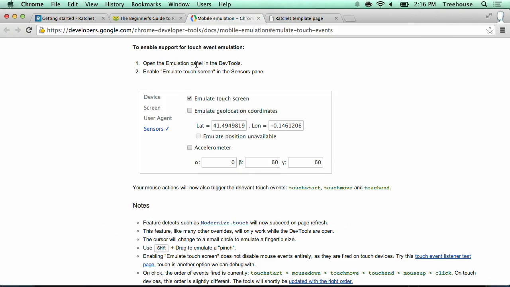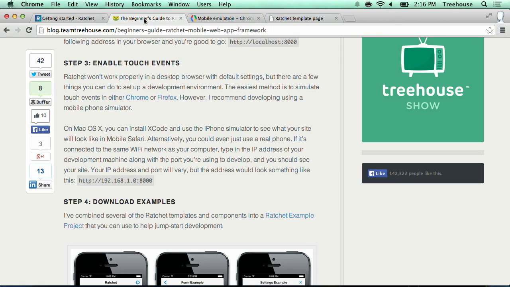But anyway, you can enable touch events in Chrome or Firefox, and that's one way to work with Ratchet in the browser. However,